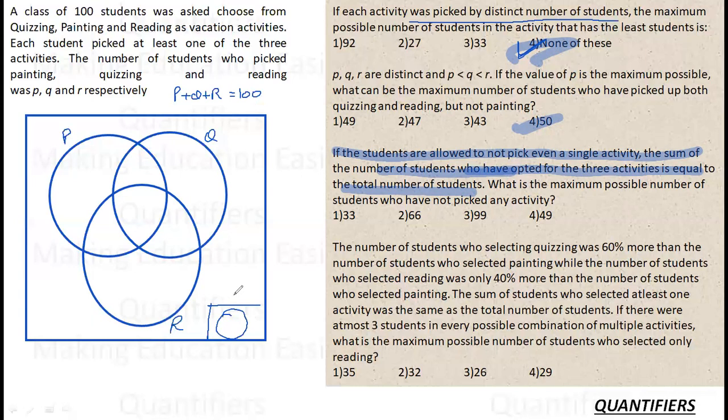Okay, what is the maximum number of people who have not picked any activity? Let's think about it. Let's do some hit and trial again. I want to maximize this. Okay, sorry. I want to maximize this region, which means I want to minimize this region. अब मुझे इस region को minimize भी करना है और इसका total भी 100 बनाना है. Now let us say I have kept X number of students for this place. For these three circles, I have kept X number of students. Now tell me, where should I keep this X so that it is increasing the individual students and is adding up to the total individually?